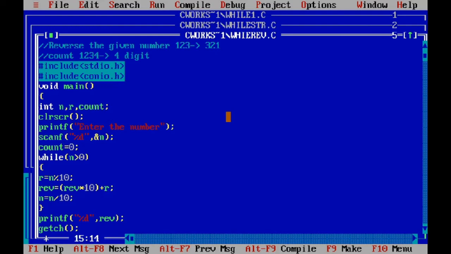I don't want this reverse number line. Suppose it is possible that the number is divided by mod 10, then only write count plus plus. And we don't want this remainder also, so remove this. So only write count plus plus and print this count here.